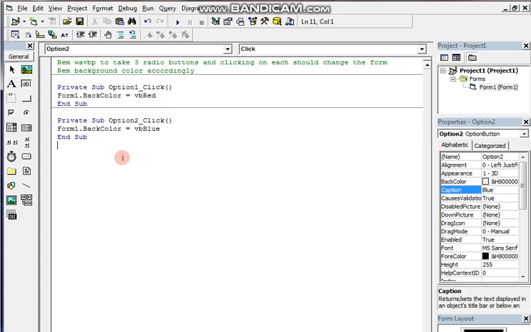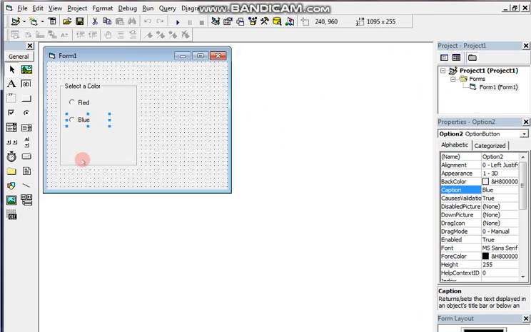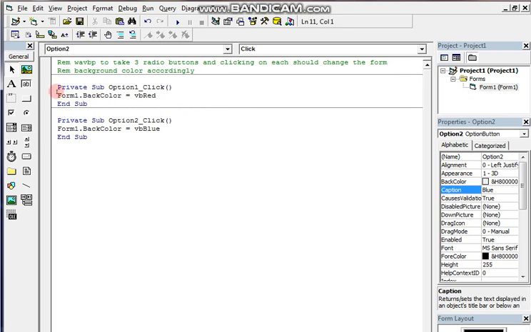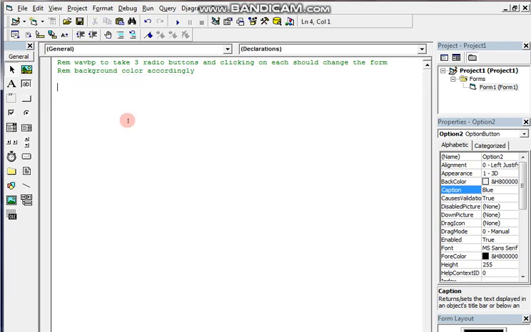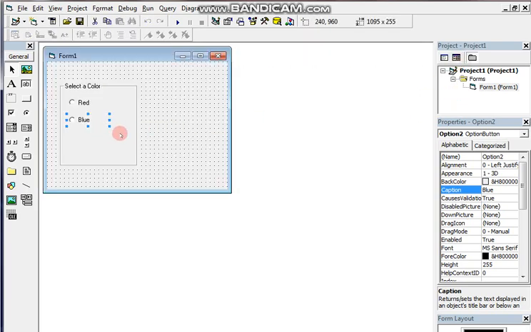In this case, the drawback is what, students? Try to understand: as many color options as I keep here, for each of them I have to write an individual procedure. For red I wrote a procedure, and for blue there is one more procedure. Is it possible to take only one procedure and do everything? Yes, that is possible. You have to use select case, and other than that there is one more concept. Please take care carefully, as it is totally new to all of you.